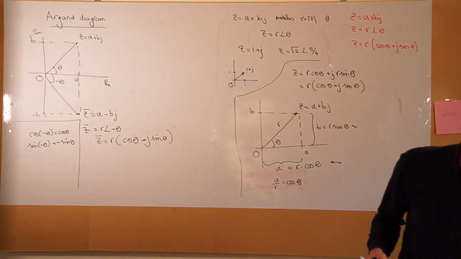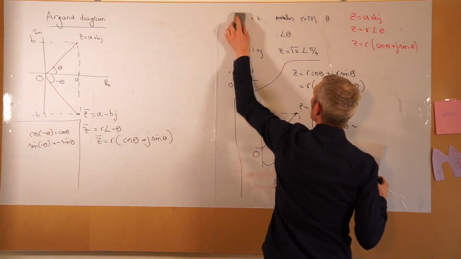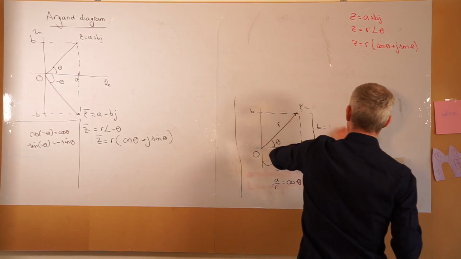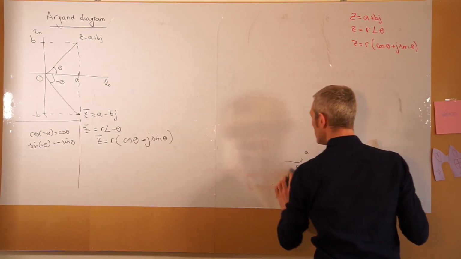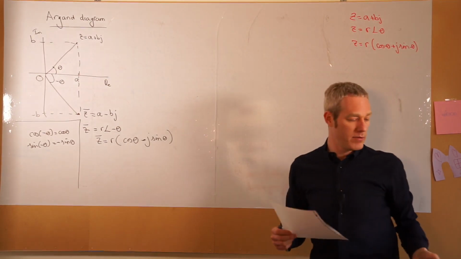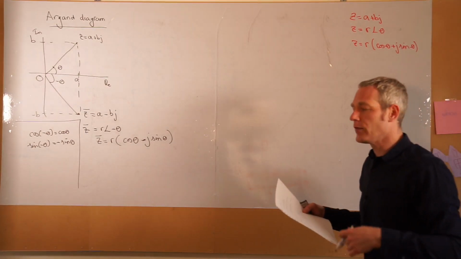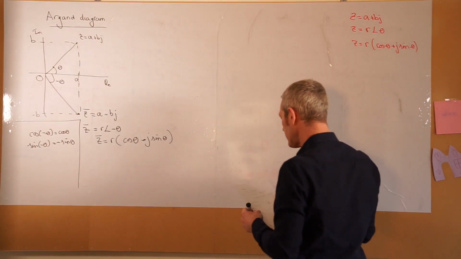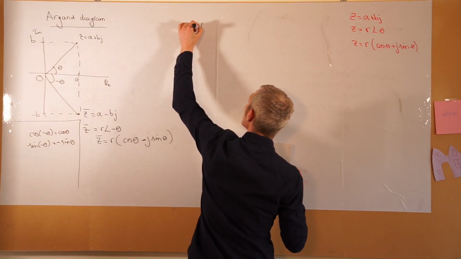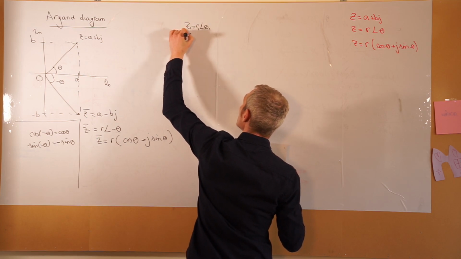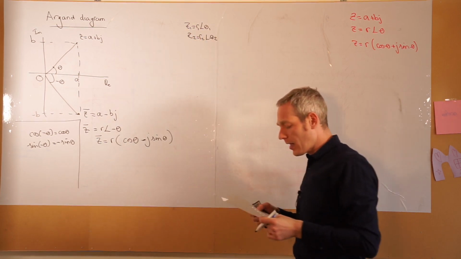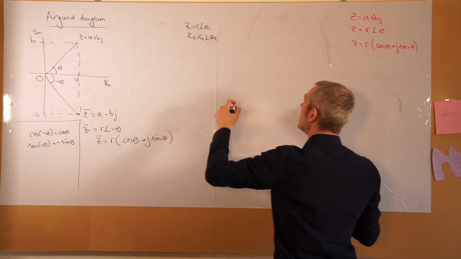So the book details the steps for multiplication, which use some geometric identities. It would be confusing if I tried to do the whole thing here, but if we take z1 equal to r1 with the angle theta 1, and z2 equal to r2 with an angle theta 2, using those identities, we can